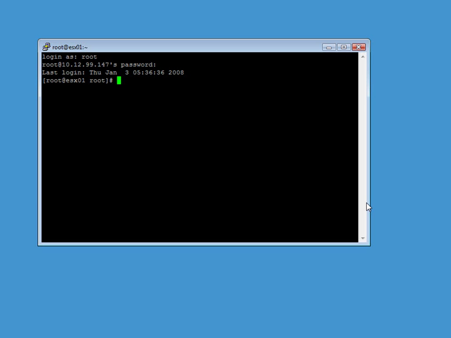Now, while we're in SSH, let's talk a little bit about NIC cards. What if during the installation of ESX you chose the wrong physical NIC card? What do? Now there's a few options. Obviously, you either connect via ILO or remote KVM, log into the server through the remote console, try to change the physical NIC to the right one, as I'm going to show you,